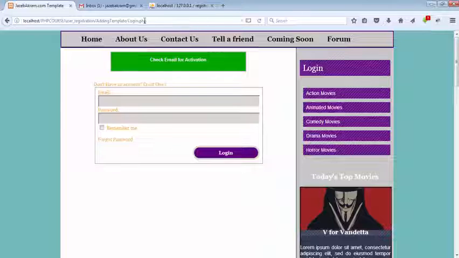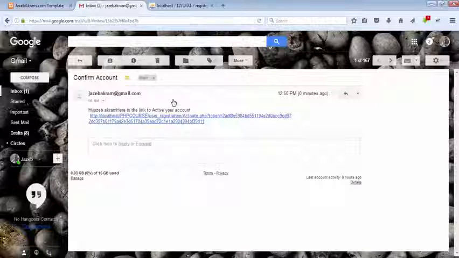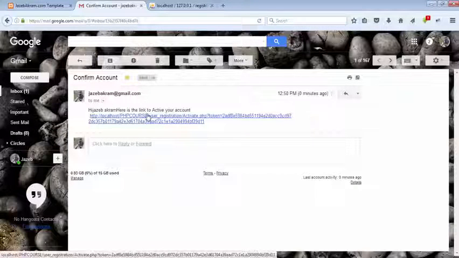I'm on my login.php and check email for activation. Now before activating my account, if I try to log in now, login, now you can see account confirmation required, and I'm on my login.php file. So in my Gmail box you can see I got this email, confirm account, here is the link to activate